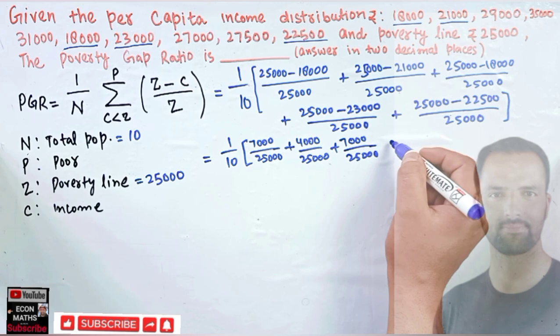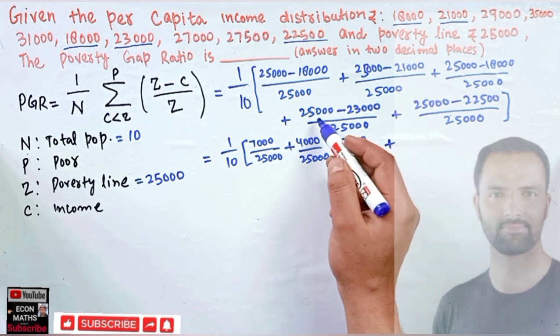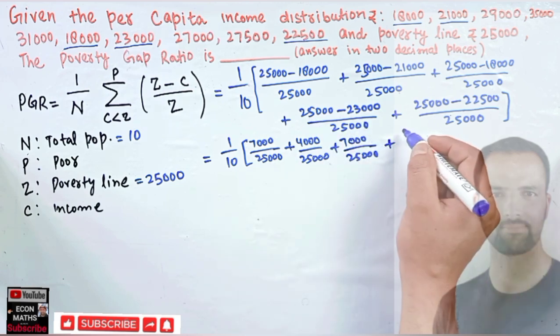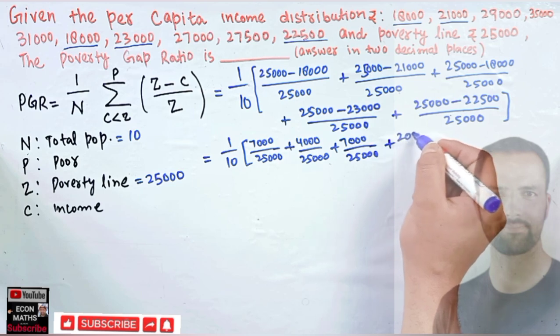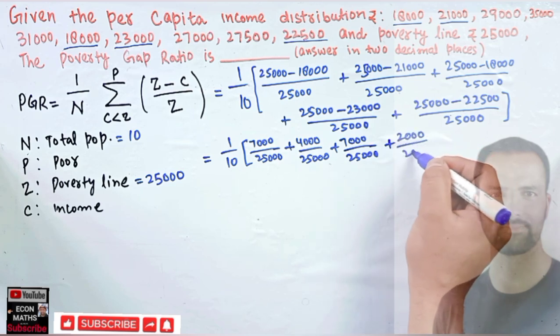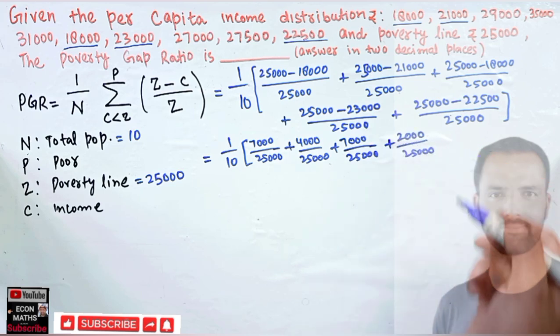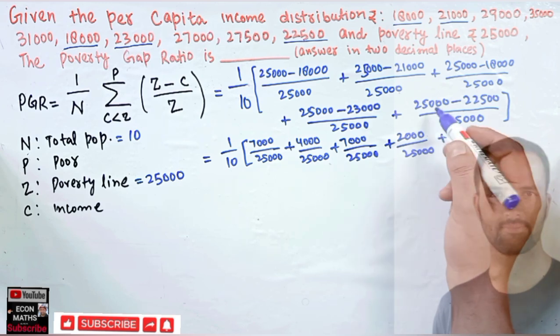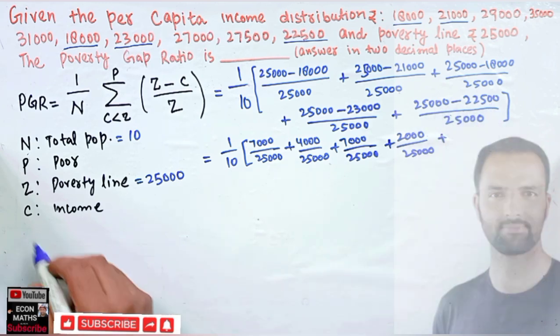I hope I make myself clear. So this is 2,000 upon 25,000. Then we have 50,000 minus